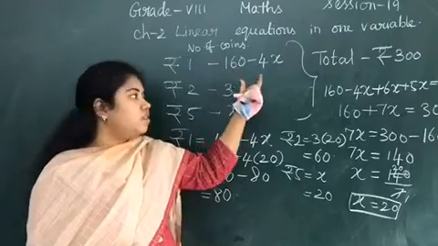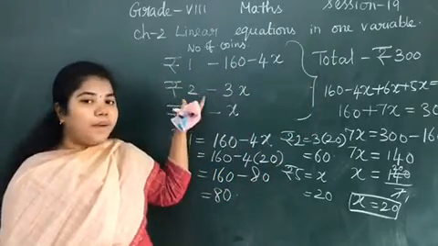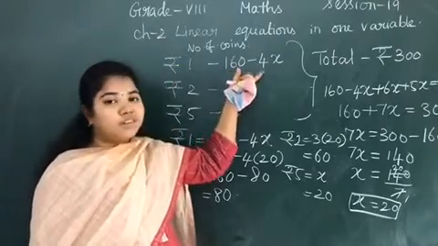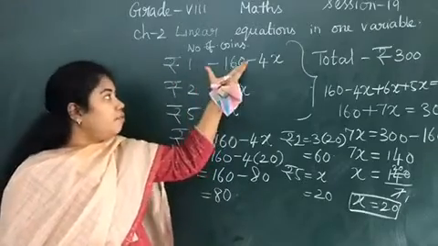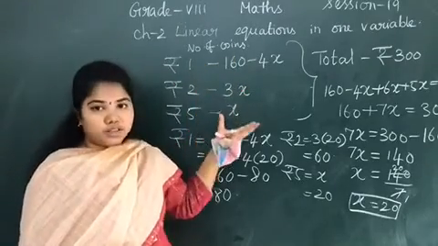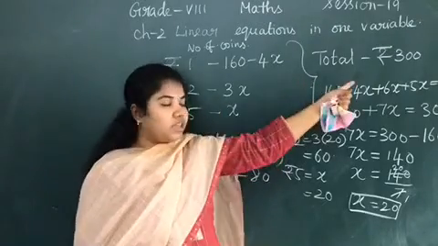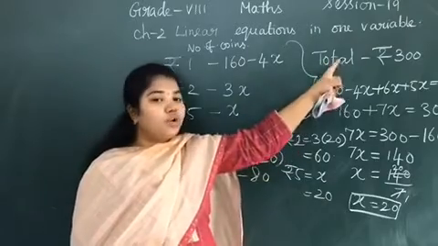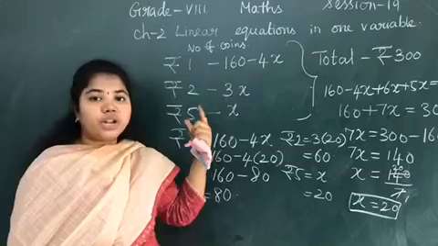Now what we will do is take the total number of coins minus the sum of rupees 2 coins and rupees 5 coins. You will get 160 minus 4x. This is the denomination for rupees 1. Now you have arrived at the number of coins. Now the question is the total sum is 300. They did not tell you the total coin is 300. They have given the total sum of amount is 300. So for this I have to calculate the amount.